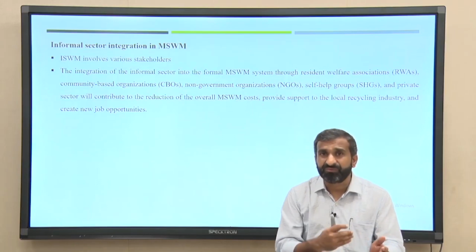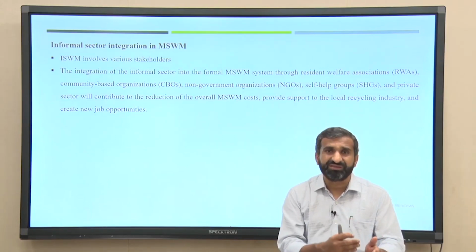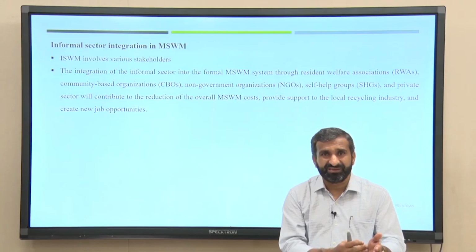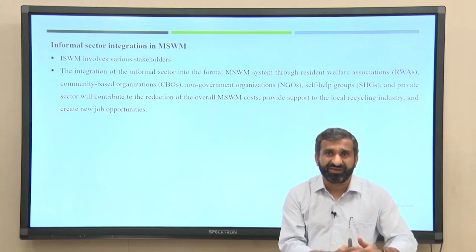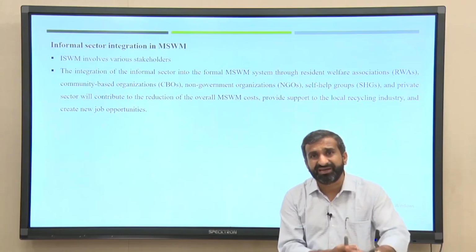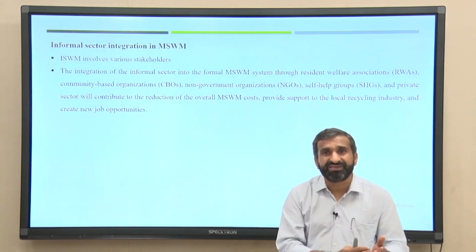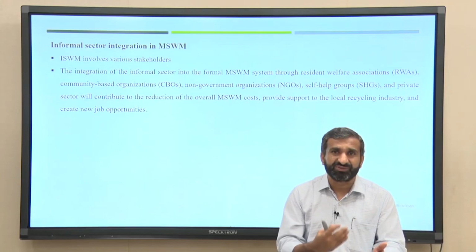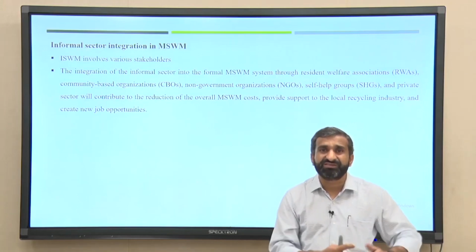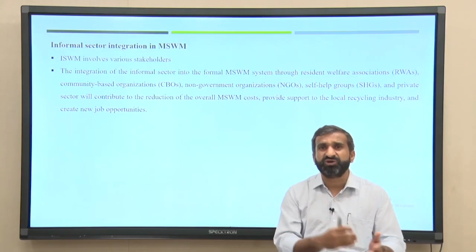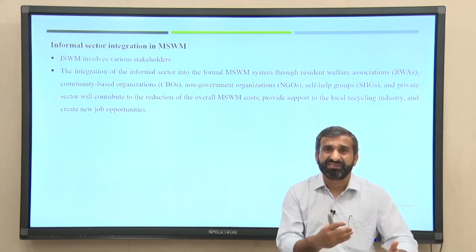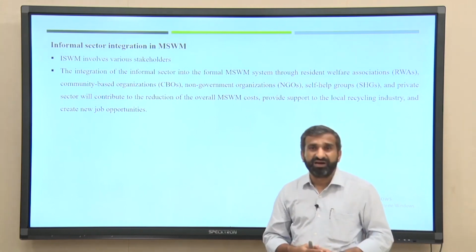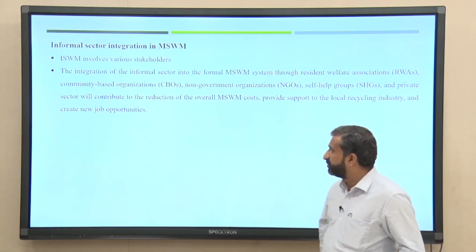And why I am proposing NGOs in the primary collection is because for primary collection you need to make the local people aware first, and awareness is not only to provide the waste properly, but also to provide segregated waste. So, a lot of awareness is required. Why not give that task to the NGOs? They can go for awareness first, talk to each household, and explain the benefit of segregation and how best they can do the segregation in the house. That kind of integration should be